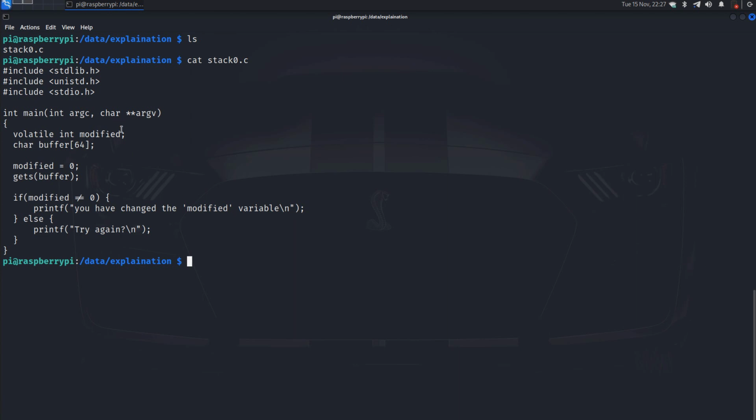Here we can see the global variable called modified, which is a volatile int, and then we can see the character buffer of 64 characters. Then in main, the value of modified is set to 0. Then we are calling gets on buffer. To achieve the flag, we have to see if modified is not equal to 0, then we have modified the modified variable, or we got the flag, in other words. Else, try again. Okay, so let's compile this,